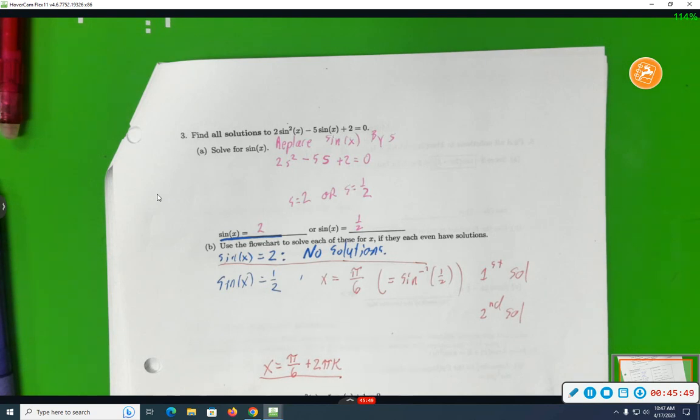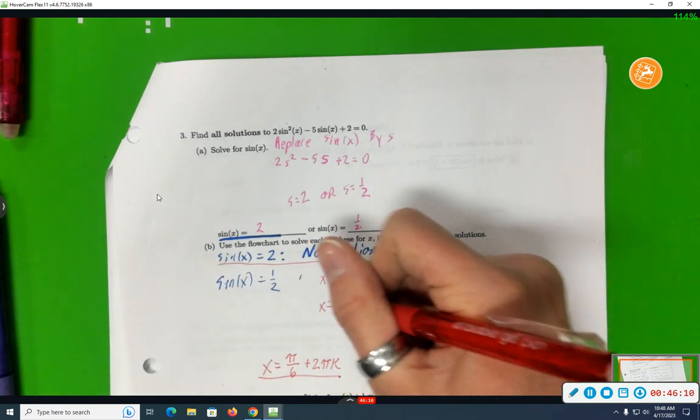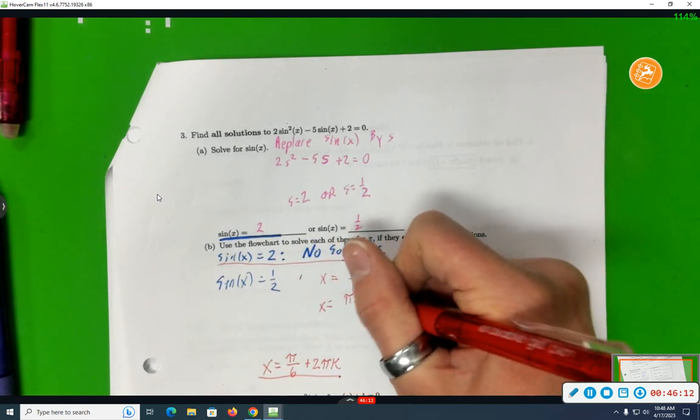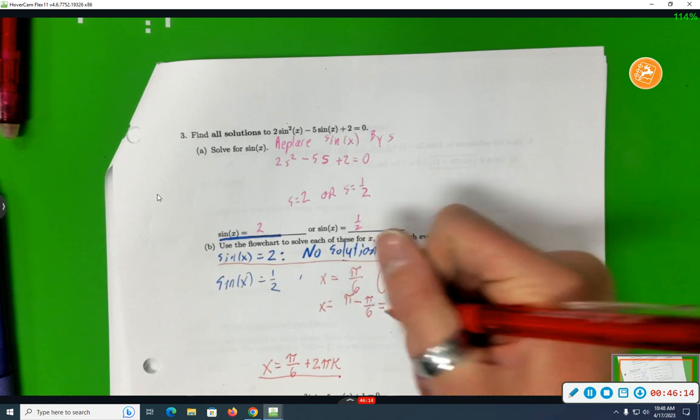What's the other simple solution? Either by looking at your unit circle or by remembering what to subtract. So the second solution is x equals pi minus pi over 6, also known as